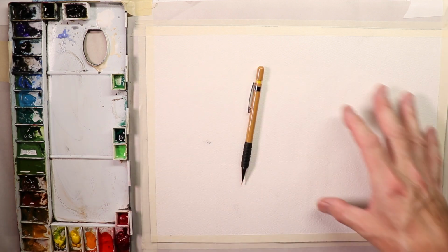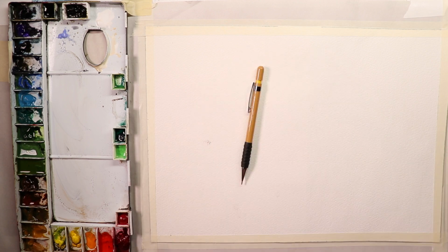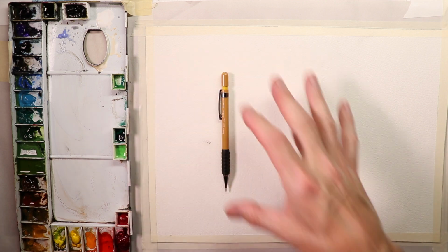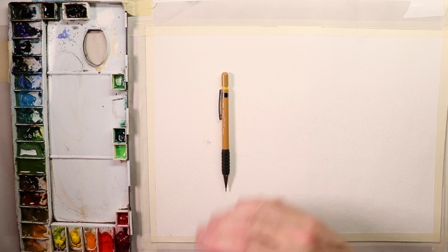We'll go over with the ink, and then last we'll put on our watercolor washes. So that's going to be the game plan. And this is probably going to be at least an hour video because it does take a while. You have to go step by step, and we'll cover everything here for you, all the steps, all the methods,